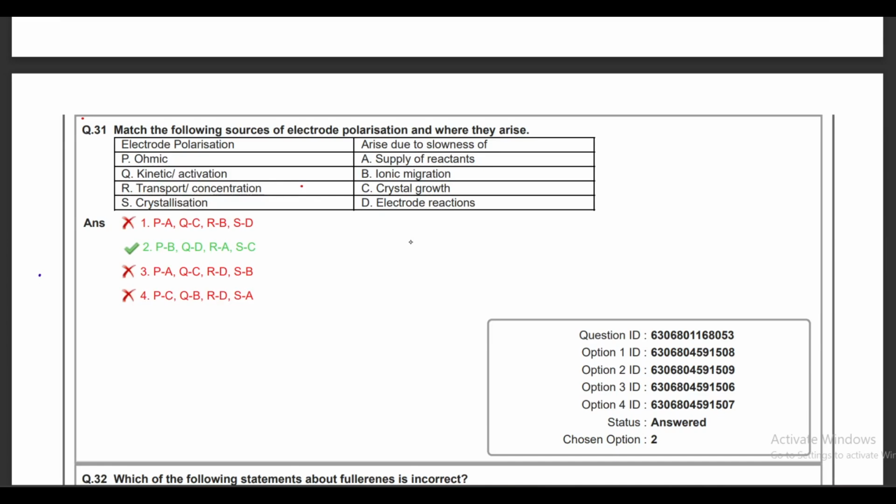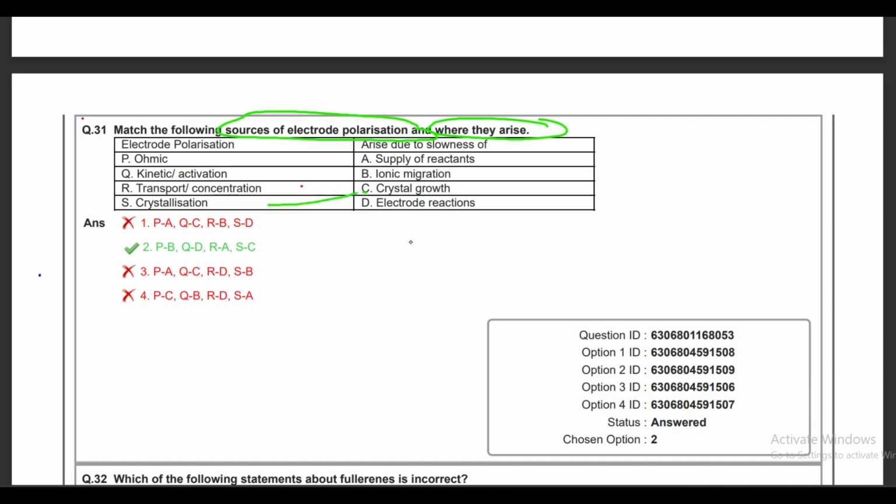In the 31st, they are saying match the following sources of electrode polarization, and where they arise from. So for the sources, they are giving ohmic, kinetic activation, transport concentration, crystallization, and accordingly they are giving you 4 options, from where they arise. So you have to just match with the correct option. In this case, this is crystallization, and obviously it arises from crystal growth,